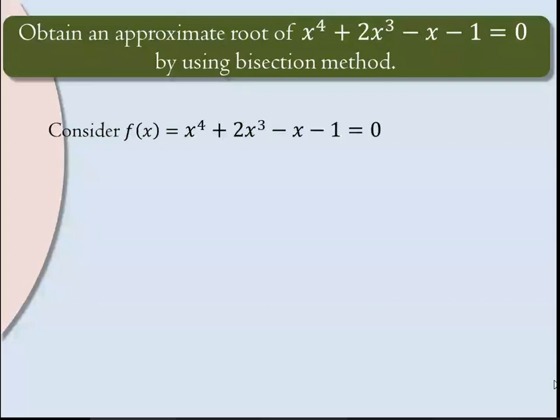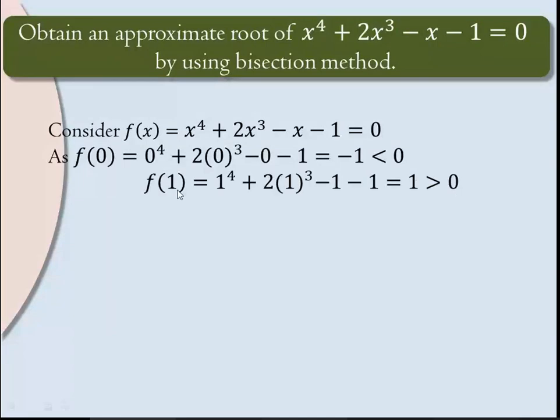And then half of that gives us the new interval. So taking this equation as f of x, putting x equal to 0 into it, it gives us 0 raised to 4 plus 2 into 0 cube, minus 0, minus 1. That will be minus 1, negative. Take the next one, you can try for plus 1 or minus 1, any value. I'm checking it for plus 1. For plus 1, we get 1 raised to 4 plus 2 into 1 cube, minus 1, minus 1, and this comes out to be +1. This is negative, this is positive, and we want such terms for which it is positive and negative. So the interval will be 0, 1.